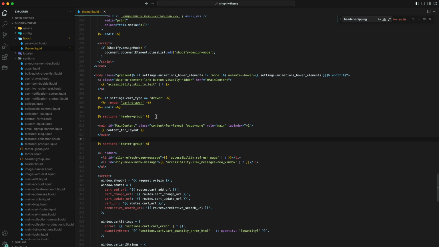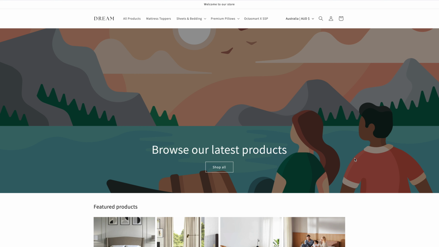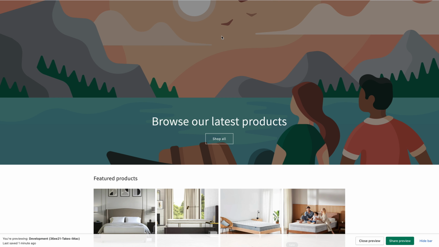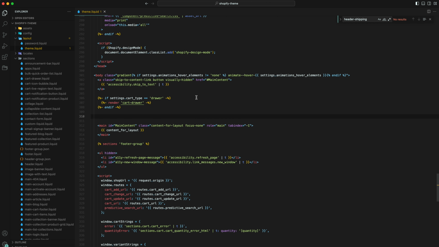so that is the one. So we will be replacing header group by our new section. So if we remove that one and try to see the browser, then we can see that it's gone there. So if we come back to our theme, then